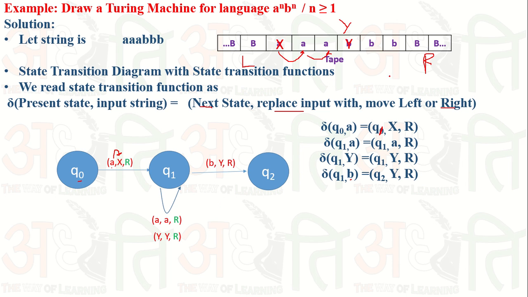So we simply replace it with Y and move on. We move further simply like that. Now at state Q2, it is not a move to the right, it is a move to the left, because after marking the Y, we have to go back, so it is simply a move left here. So when we are at state Q1 and we see the B, then we replace B with the symbol Y and move left. Move left means we come back.